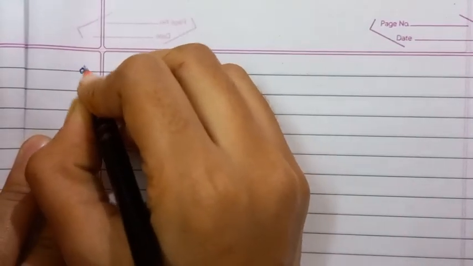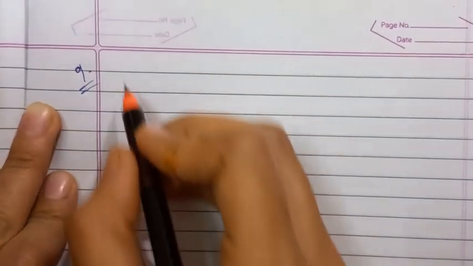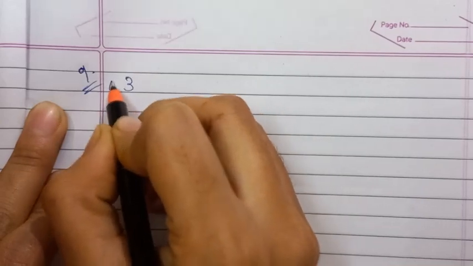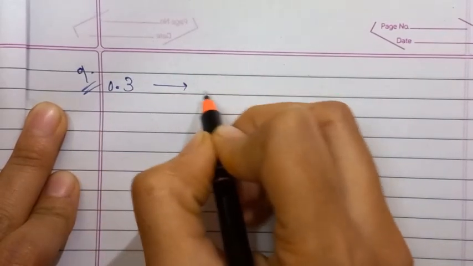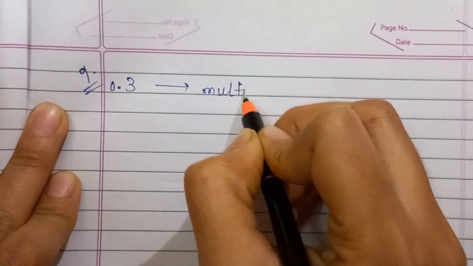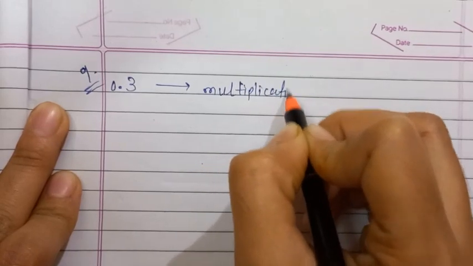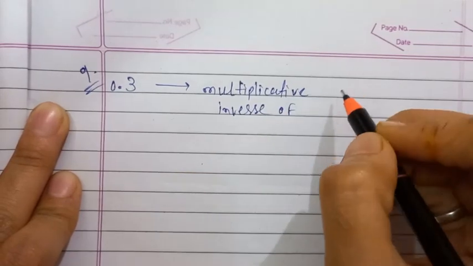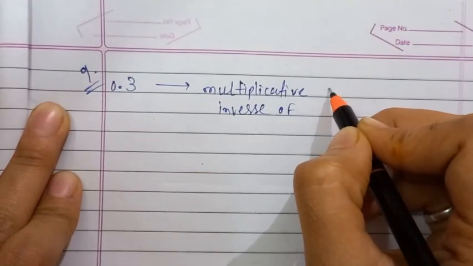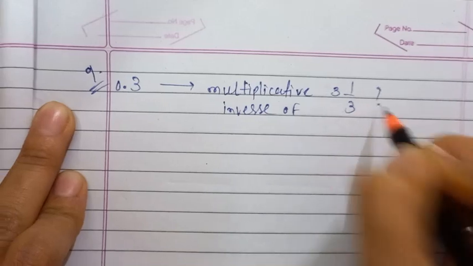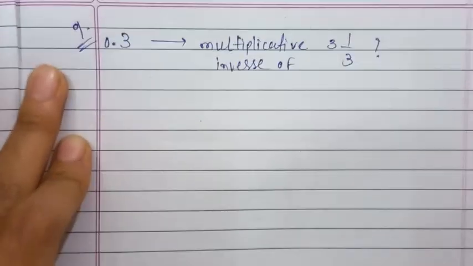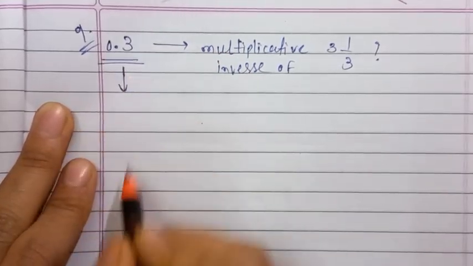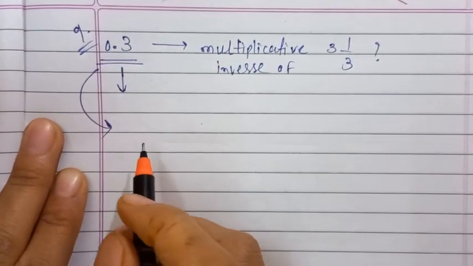So what is question 9? Question 9 is: is 0.3 the multiplicative inverse of 3 1 by 3? This is the question. So first, 0.3 is a decimal number. This decimal number can be converted into